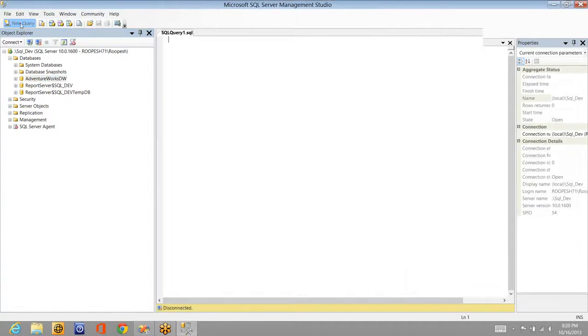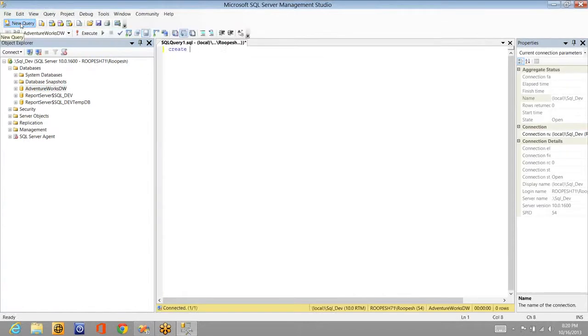So create table image test. I'll give only 3 to 4 columns. I'll give one ID, an integer identity column, which automatically increments. I don't need to pass a value to this.